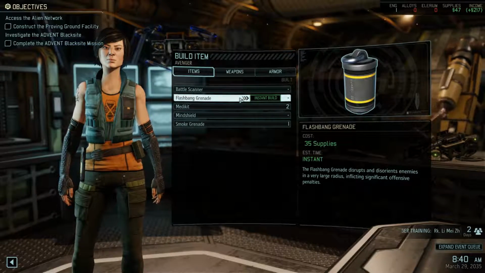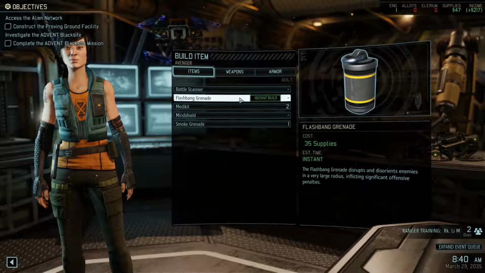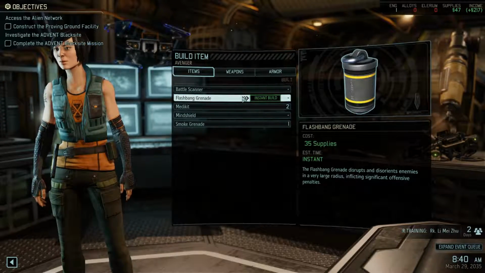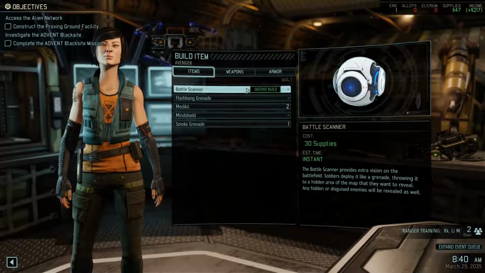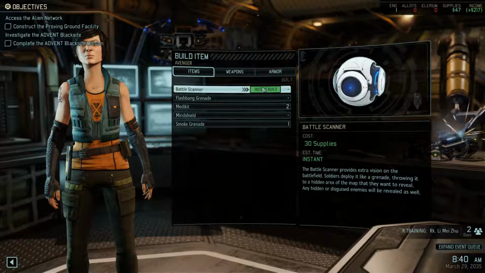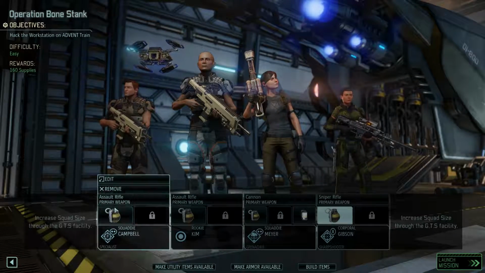Flashbang, it's another option for our Grenadier. It debuffs all the enemies that we would hit with it, and it lowers their accuracy a lot, I'm assuming. The battle scanner is also really good. It used to be a sniper-only thing. We're gonna get one of those, and that's all of our cash. So,